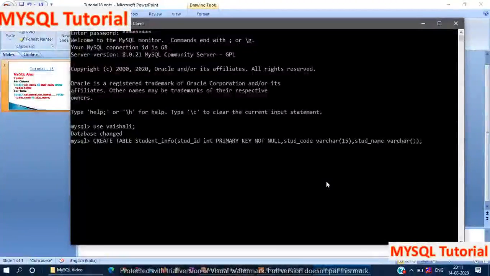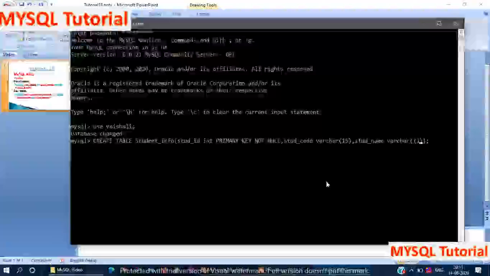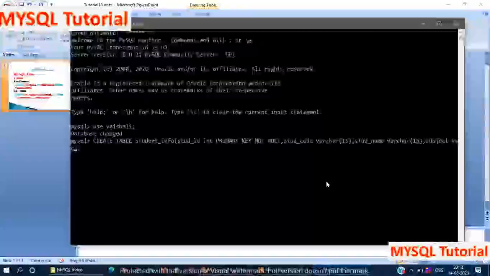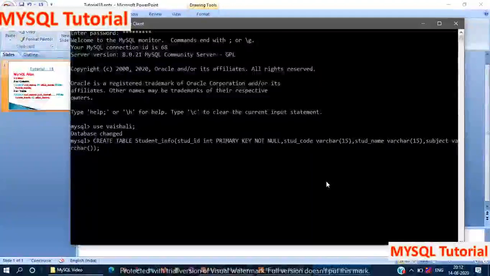Data type is also varchar. And the last field is the marks.